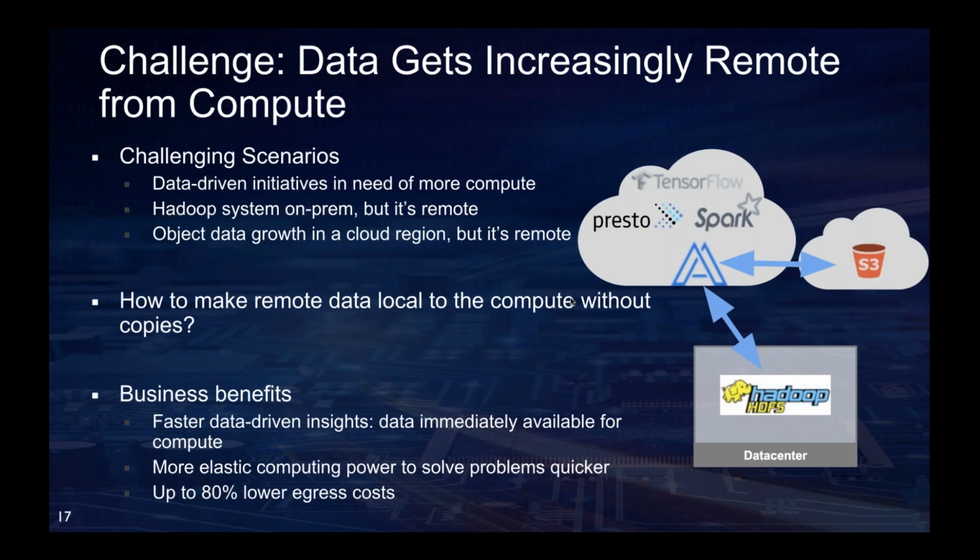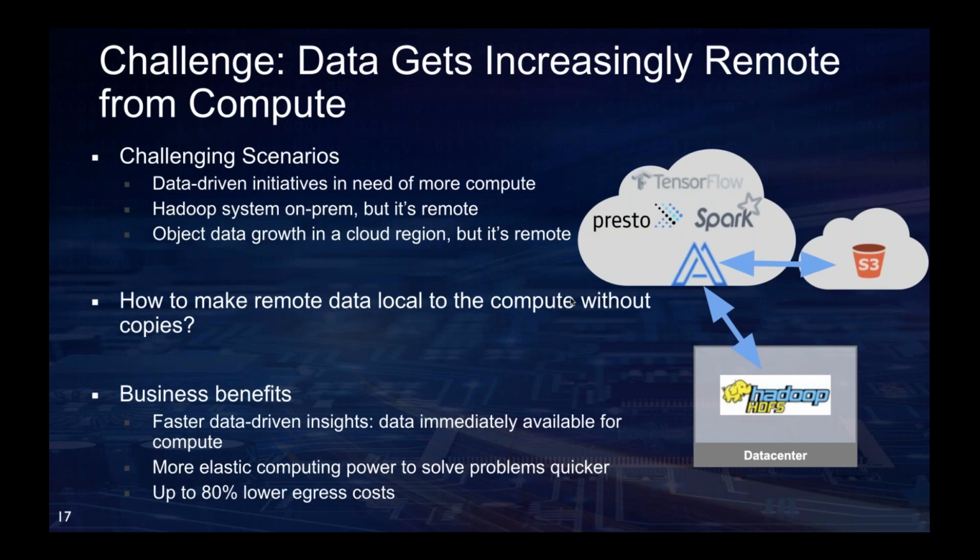debt. If we can solve this problem, it brings several business benefits, including faster data-driven insights, because you can always access data from a very remote place without doing any data ETL or data copy. You can utilize the elastic computing power to solve problems quicker. For example, if the Fed changes the interest rate, you always want to recompute your model, and that may require a lot of computing power in a very short amount of time.